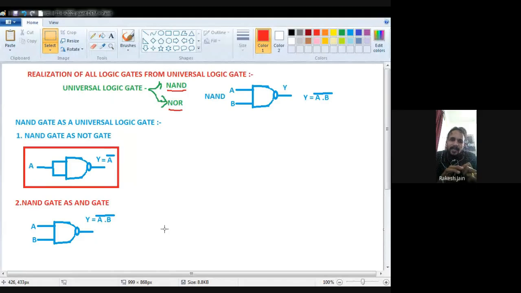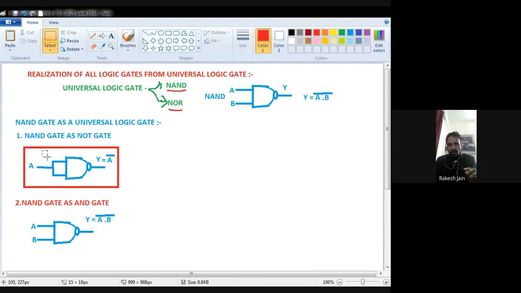And what is the AND and NAND relation? AND is the opposite of the NAND. So what is NAND? NAND is Y is equal to A dot B having a bar. Now I want to opposite it. But without any other gate, I have to use only the NAND gate in the total circuitry, because this is the NAND gate realization of the AND gate. So to opposite the output, I use a NOT gate.